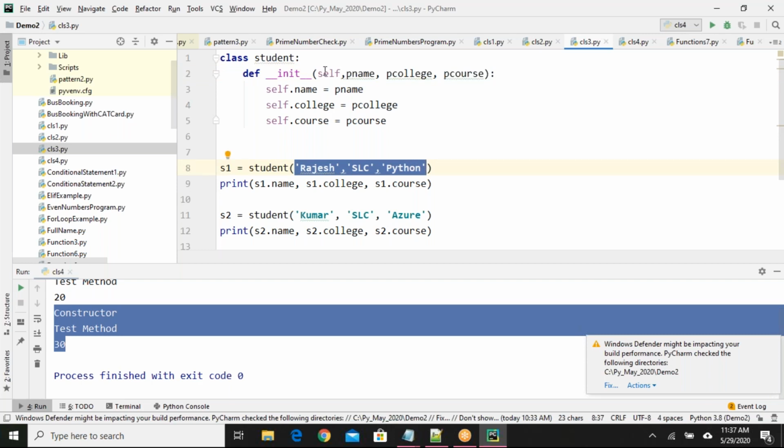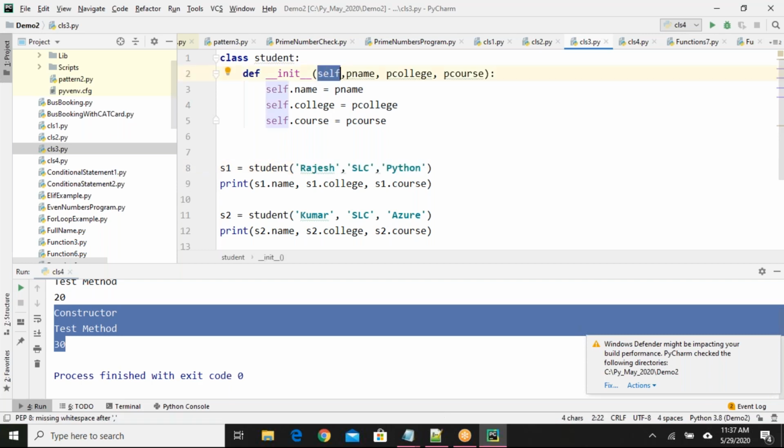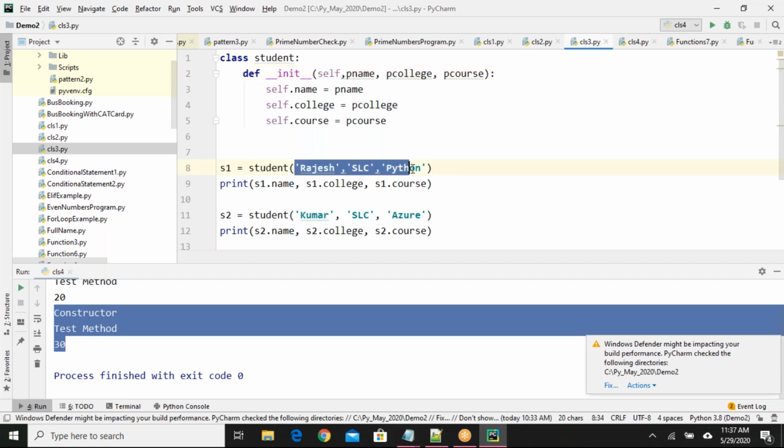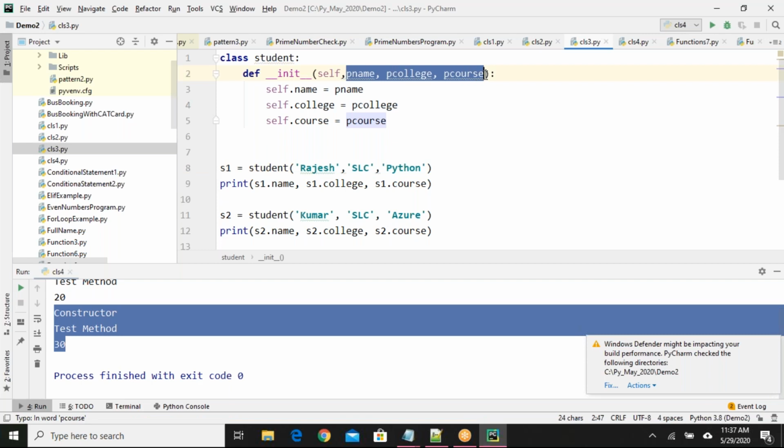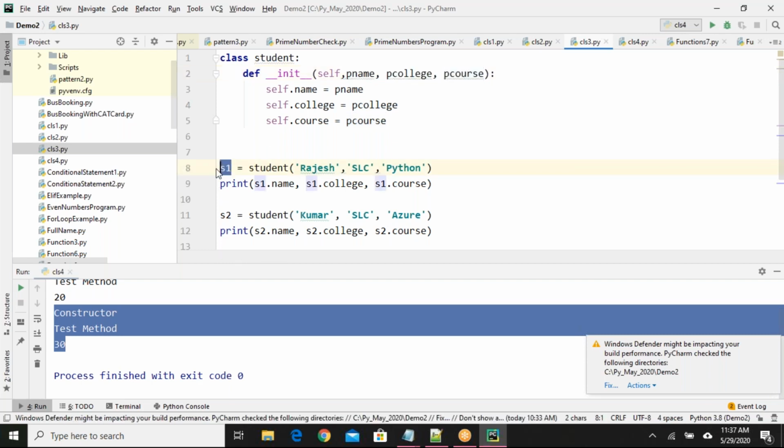Okay, self is a default parameter that refers to your object. So you have to pass only values for these parameters. So Rajesh, SLC and Python will be replaced here. P name, P college and P course. Self means it will refer the object name.